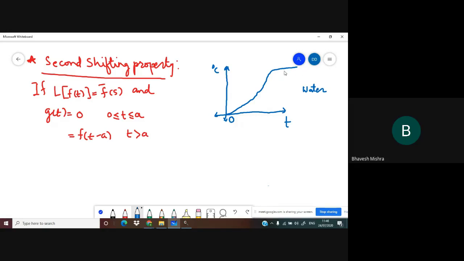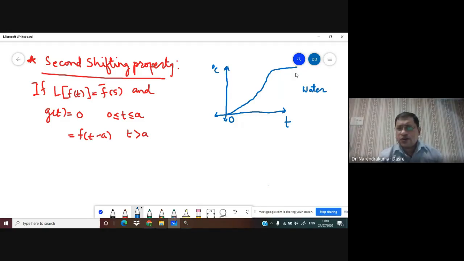100 degrees centigrade, correct. So this is going to be 100 degrees centigrade. It will stabilize at 100 degrees centigrade because that is the boiling point of water. It will stop there, and after that it will vaporize. We don't think of vapor right now. Now we have another one.